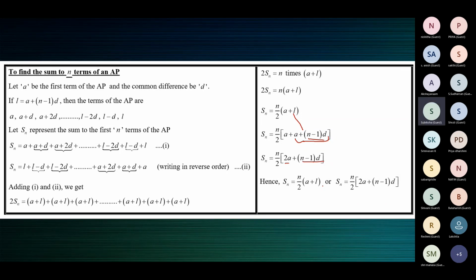Sn means, if you take n as 100, S100, you're finding the sum of the first 100 terms of the AP: first term plus second term plus third term plus fourth term plus fifth term, up to the 98th term plus the 99th term plus the 100th term. S100 will be 100 by 2 of the first term of the AP plus the last term, that's the 100th term. Last term means, if you're finding S100, A100 is the last term. There can be terms after that, but for the sum, that is the last term.